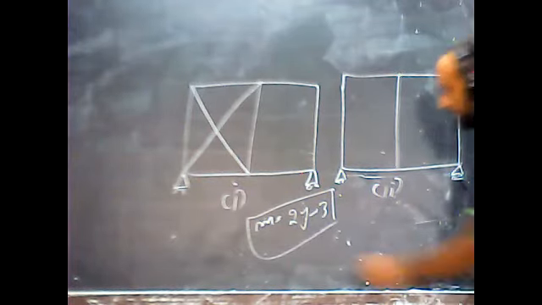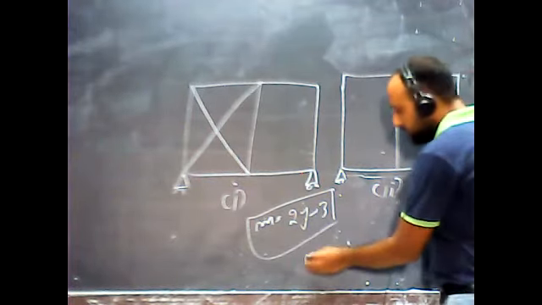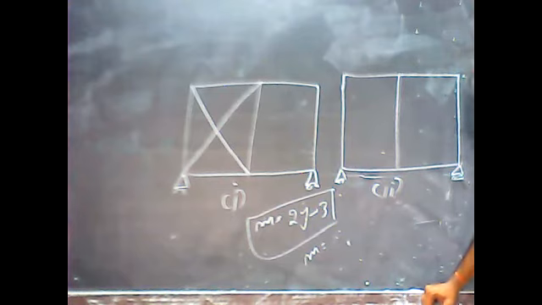What is the value of member in left panel in the case of problem 1? So 7. How many members? 7. How many members are required? It's a total number of members are 7. How many required in this problem?